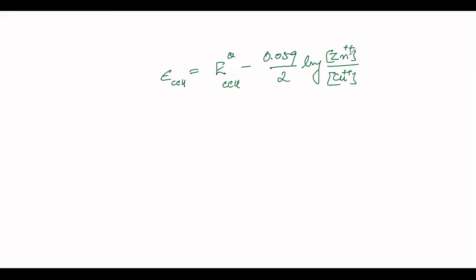Okay, so if Zn2 plus concentration increases, that is, the anode concentration is more than the cathode, the log term stays positive, and the cell potential decreases. If cathode concentration is more, it comes to the numerator, so the log becomes negative. Negative into negative becomes positive, so cell potential increases. When the concentration of anode is equal to cathode, this part will be 0 and hence E cell will be equal to E0 cell. Considering this fact, if you want to increase the cell potential, increase the concentration of the cathode.